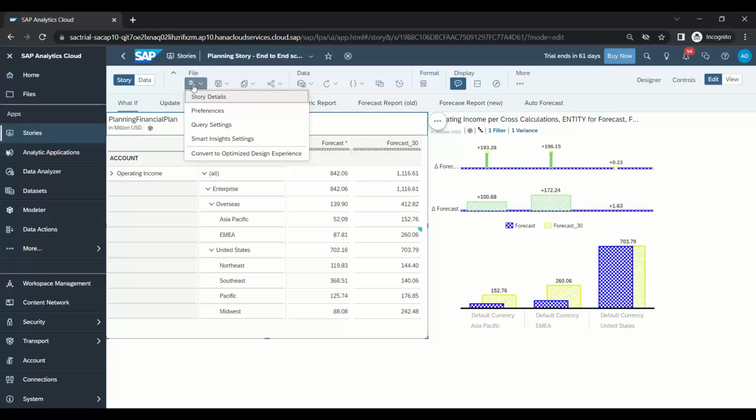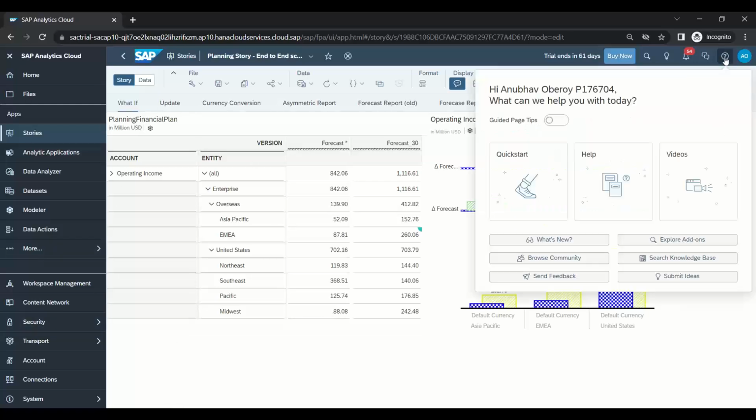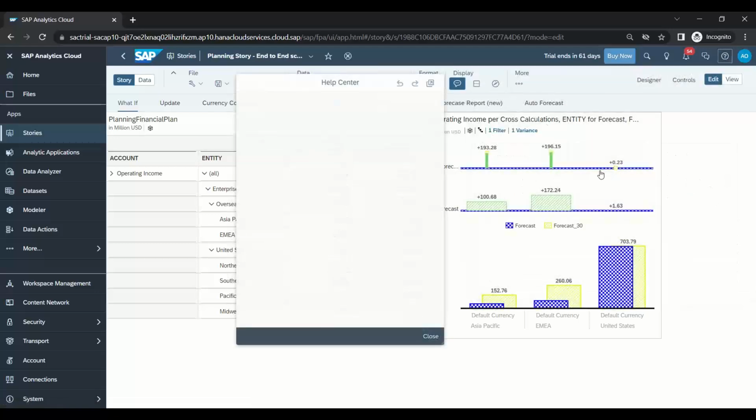Yes. All right. So now Anubhav, how do I learn the security part since it is not available? So point one, this is not our job as a consultant. This will be done by the Analytics Cloud Administrator. It's a completely different profile. But if you want to learn, yes, as I taught you today only, you can go to help,